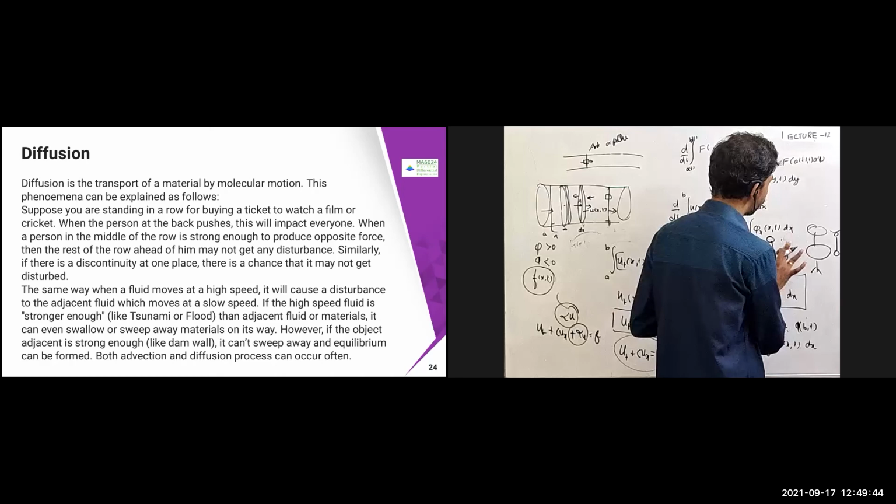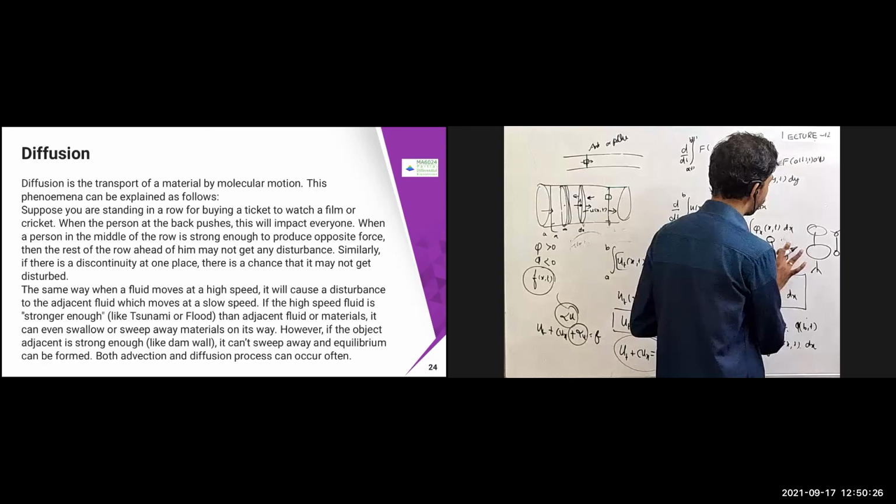Again, this molecule will be affected, and again affected like this, the same way. So here I am heating, and here I am just keeping it cold. Then this molecule will first get agitated. Since it got agitated, the nearby neighborhood will get agitated. Since this neighborhood is agitated, the next neighborhood will get agitated. Like this, the heat will be propagating along. That is the way the flow is going on. The flow is always from more agitated to less agitated molecules. Therefore, the flow will go from the hot place to the cold place. Suppose this part is hot and this place is cold, then automatically the heat will flow from the hot place to the cold place.